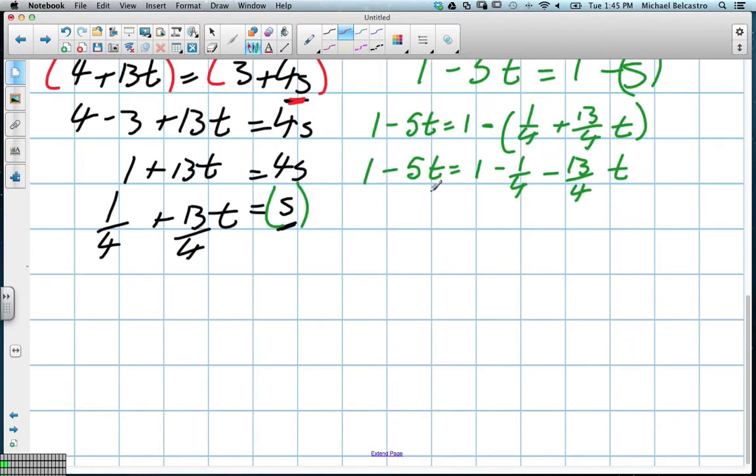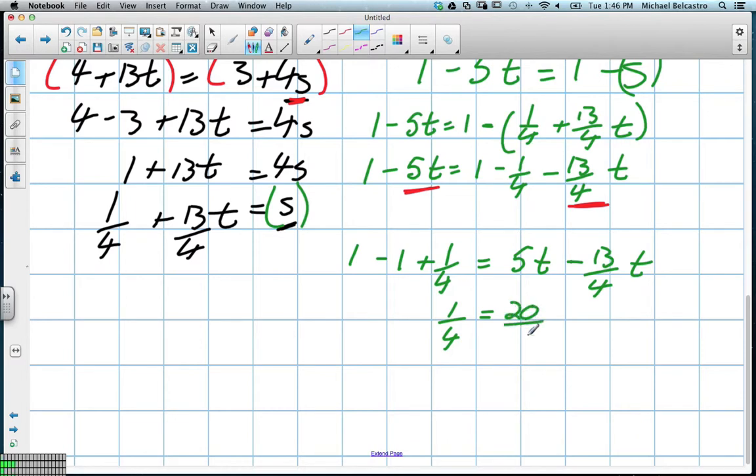Let's get our like terms together. So we have our t's. We'll put them on the right side and all of our other numbers to the left. So we have 1 subtract 1 plus 1/4 is equal to 5t minus 13 over 4t, which is going to give us a 1/4 is equal to